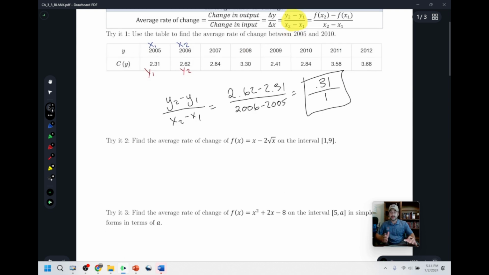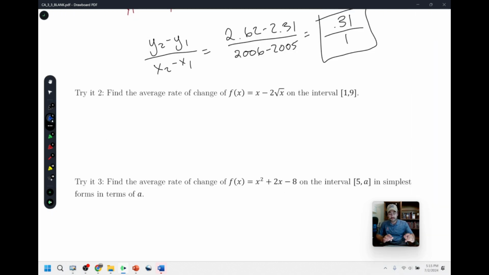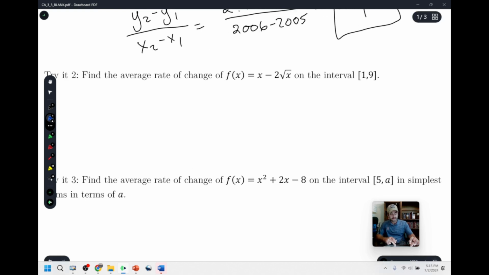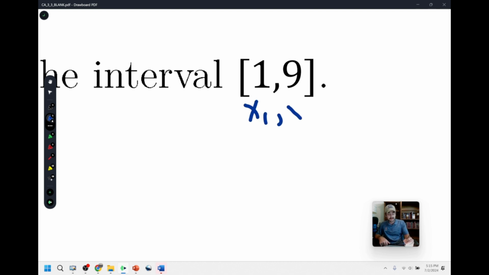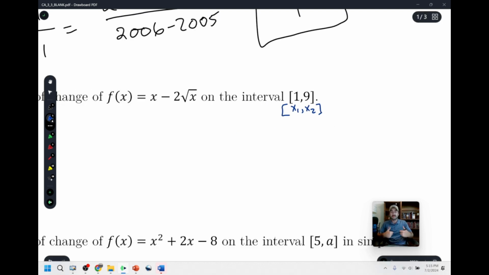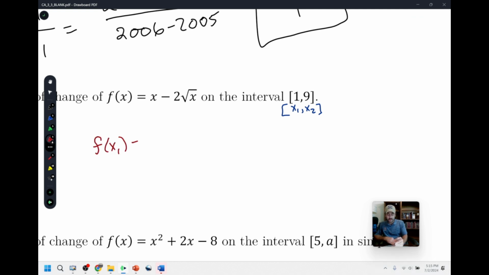All right, so we're going to do the exact same thing, but we're going to take one step earlier. So for try it 2, they give us an interval. Really careful, it doesn't have parentheses, it's not a point. This is an x1 to x2 interval, and they didn't give us our y values. So it's going to be on us to find the y values and then on us to plug those in. And so our y1, or our f of x1, is going to be what happens if you just plug in that first x value. 1 minus 2 root 1, which is just going to be 1 minus 2, or negative